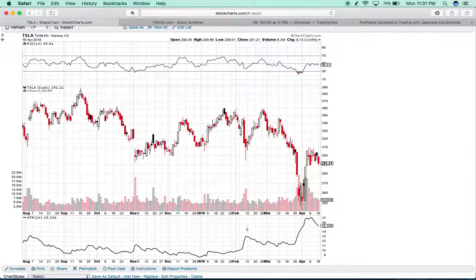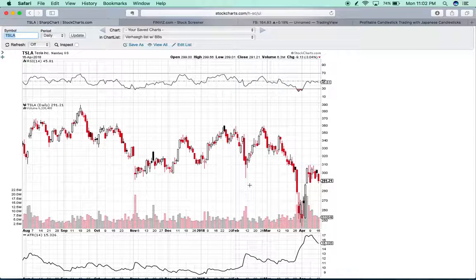But you also notice that the volatility shows here. Notice how since August, the ATR for Tesla was right about between $13 and $9. It stayed in that range for quite a while. And then with this recent drop in the market, Tesla's volatility has gone up so that it reached even $17 here for a few days. And so what that means is